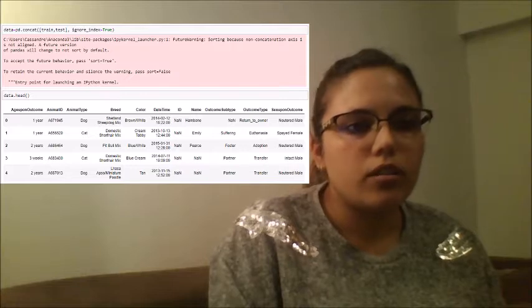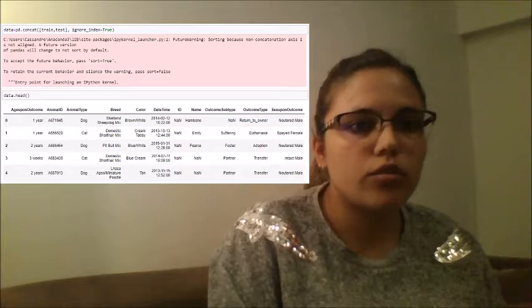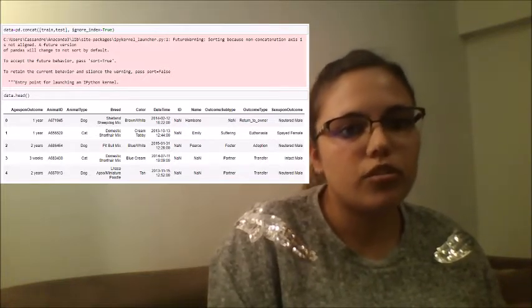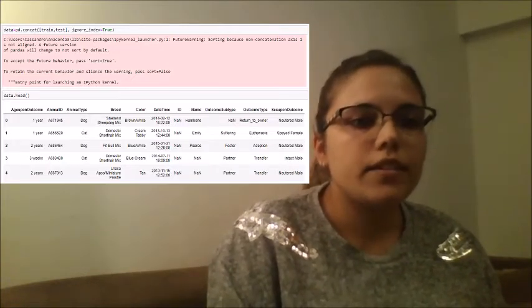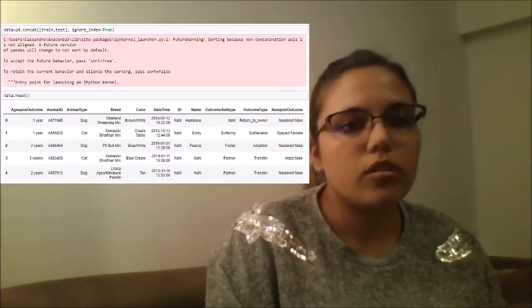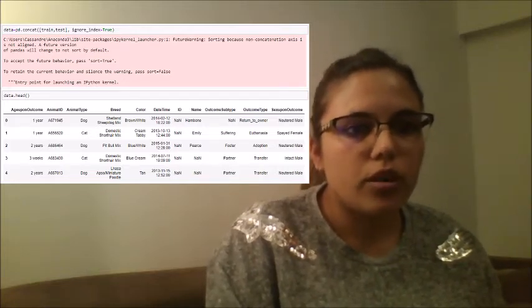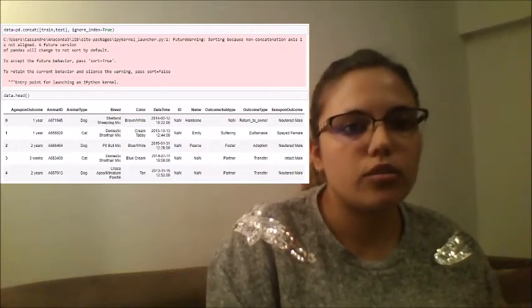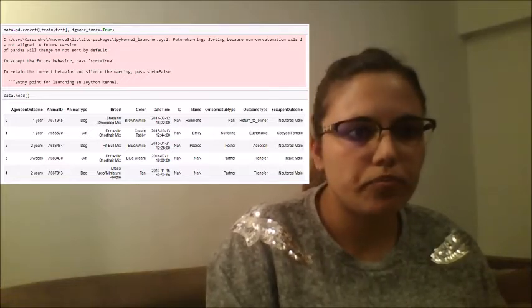For the prediction, we need the train and test sets to have the exact same structure. So I concatenated them so they would have the same modifications, and we can separate them again easily. I deleted the outcome subtype column because we don't have to predict it. For the name column, I put 1 if the animal has a name and 0 if not, because the names are all different, so I think the name itself doesn't have importance.